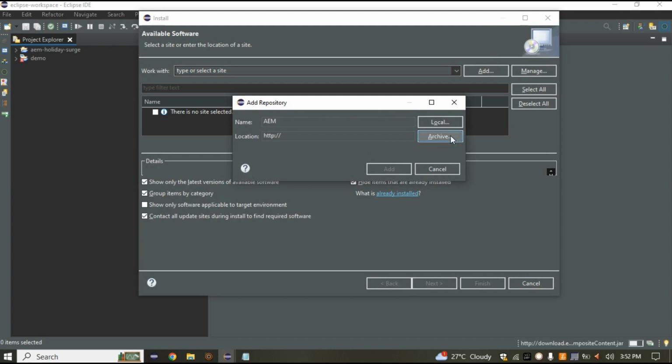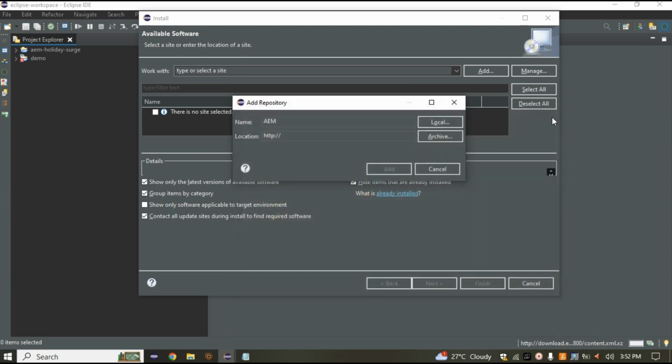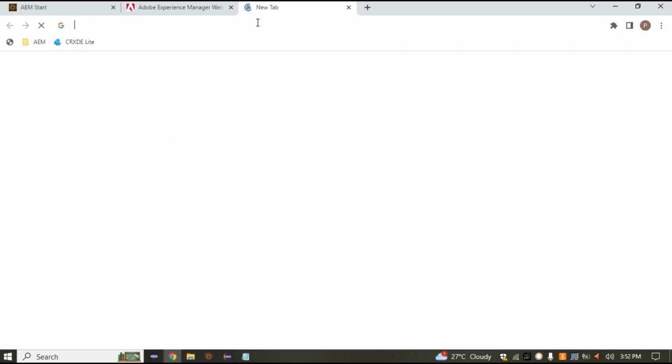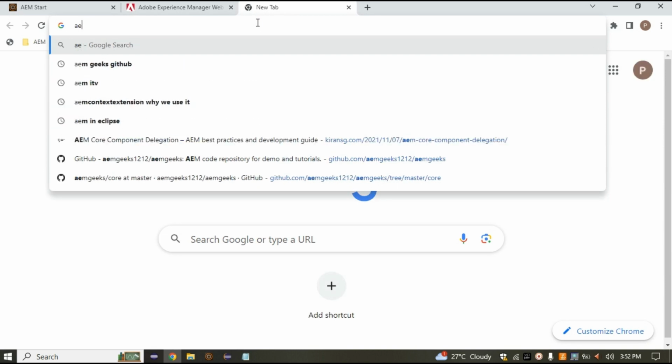Okay, and simply click on the archive. Sorry for that. If you have it on the internet, you can just go on the internet. If you have downloaded it in your local, then you can simply go inside your local. So I'm just going on the internet now, and from the AEM perspective, we need AEM